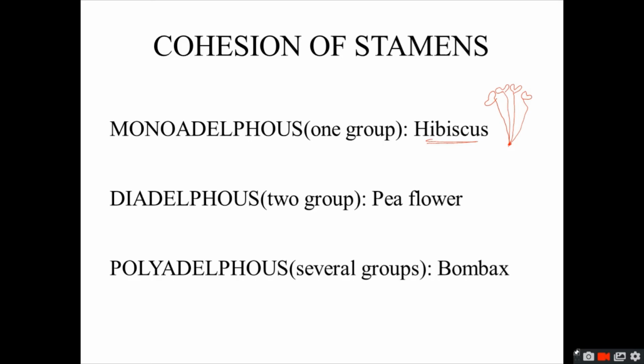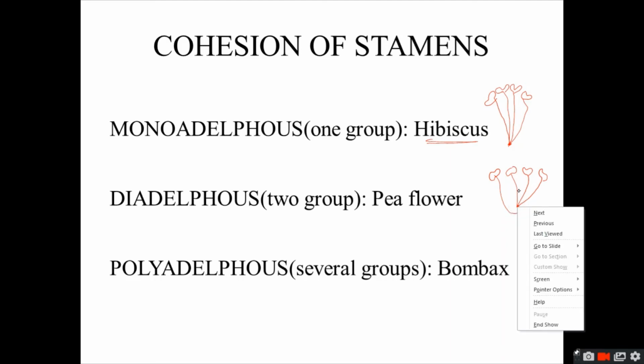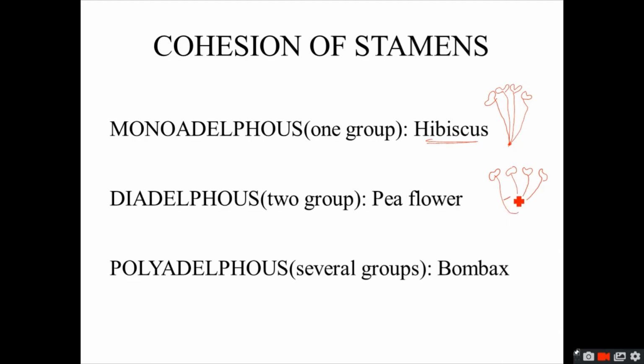of joints of stamen. And what they appear like, suppose this is a single group having three stamens, and there is one single stamen which is not originating from the common three stamens. Now this is known as diadelphous. The two group of stamens are having different origin on the flower.